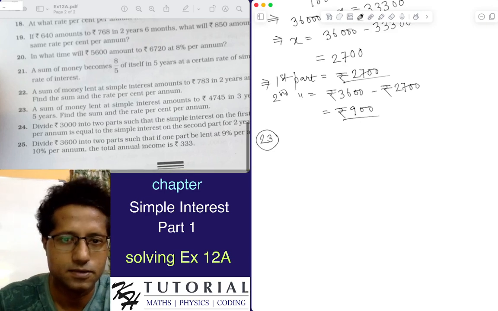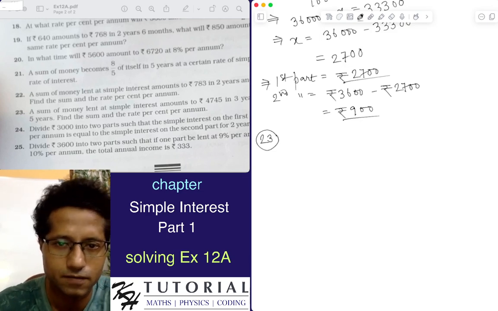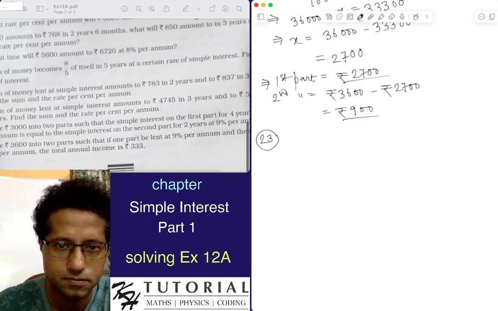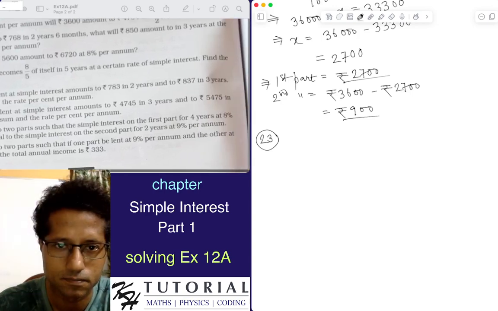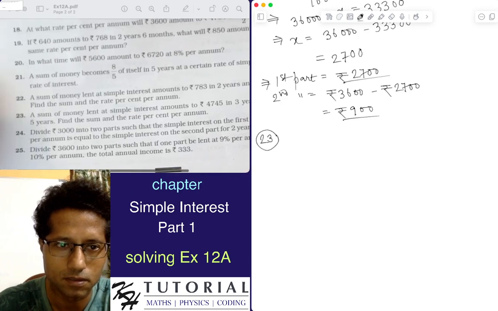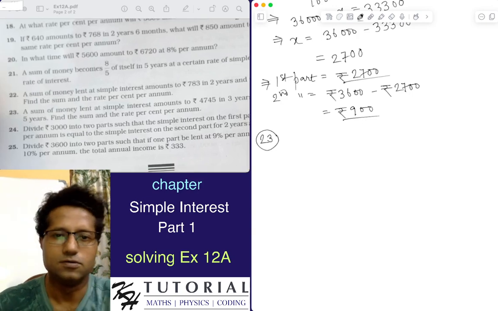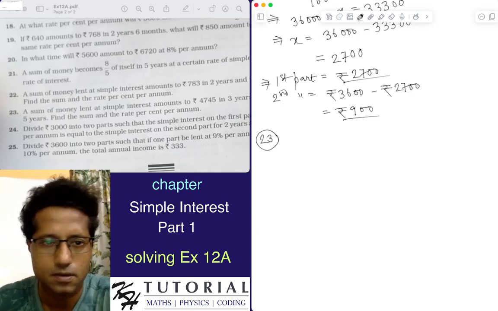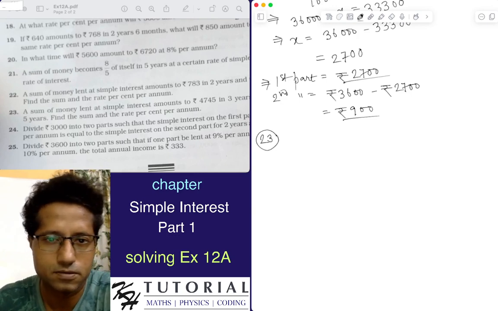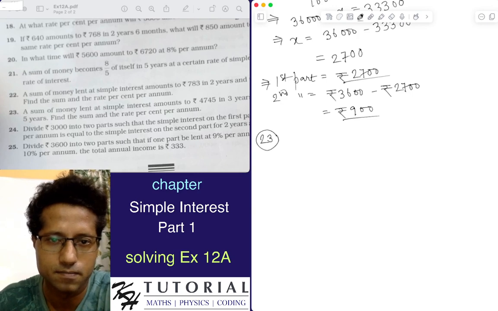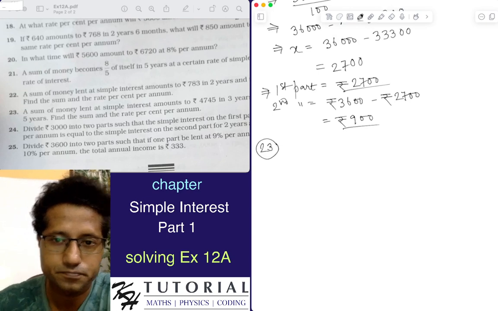It is saying that a sum of money lent at simple interest amounts to rupees 4745 in 3 years. It is asking to find the sum and the rate percent per annum. The simple interest amounts to rupees this in 3 years and to this in 5 years. Okay, the rate percent is the same and the sum is the same. So from the first information that the sum amounts to rupees 4745 in 3 years,